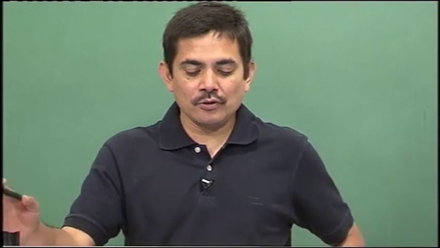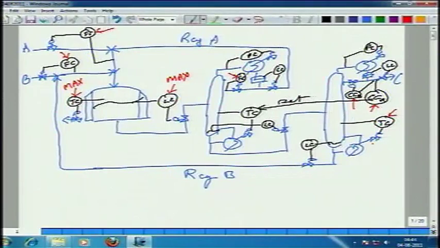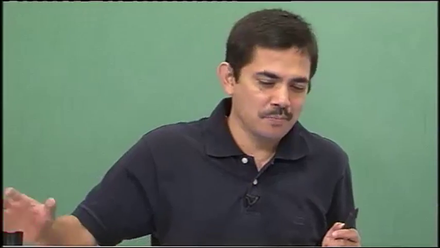So, if you look at your base case design condition, you will essentially look at the reboiler duties. If the reboiler duties are comparable, what that means is the separation is about the same, and then most probably your optimizer will tell you that look, about the same, 0.05% of this and 0.05% of that, maybe 0.04, 0.06, but comparable amounts of A and B.